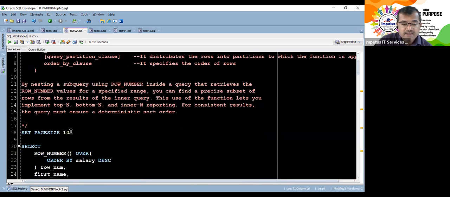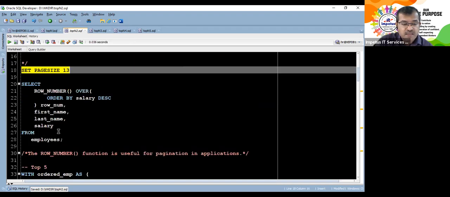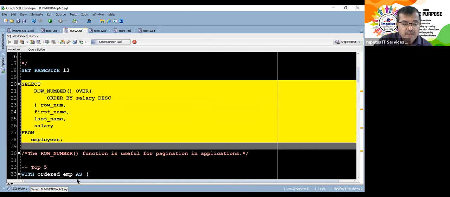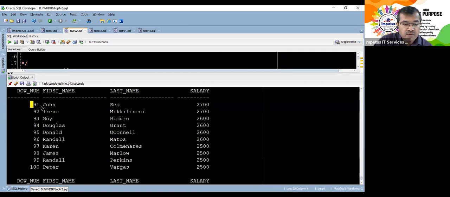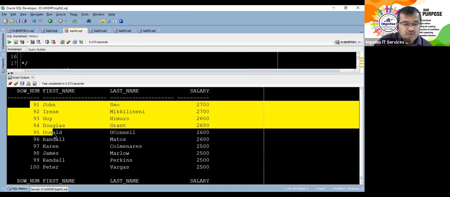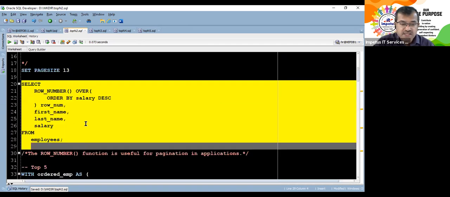So I'll say this as 13, and let me see how many rows get accommodated into one page, and I list it all again. Let me just count it. 1, 2, 3, 4, 5, 6, 7, 8, 9, 10. Perfect, so I have 10. Let me show you the concept of pagination.